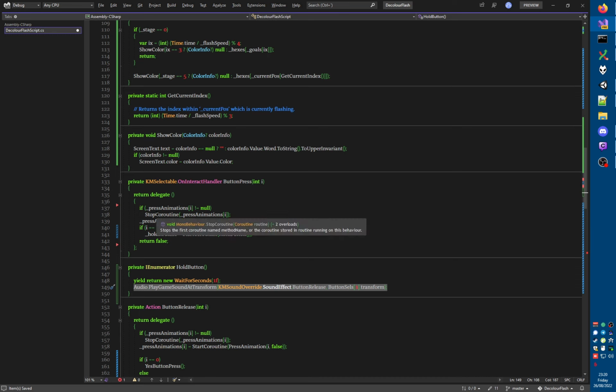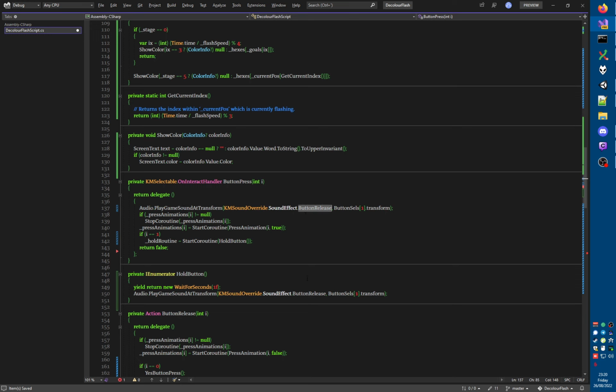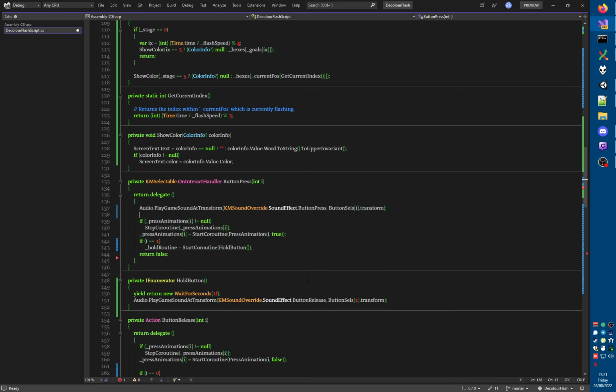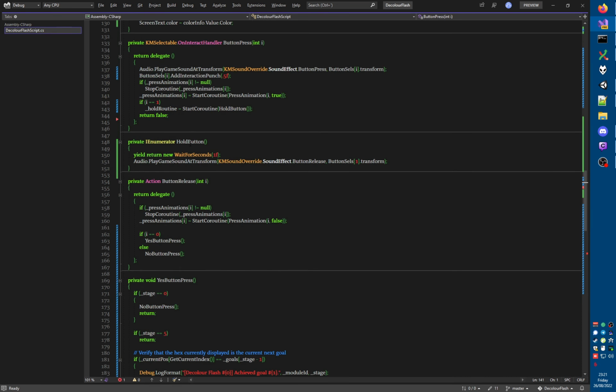And when you press the button, I should probably also play the sound when you press it, and then this should be an I. So add an interaction punch. Exactly, yes, we need that too. So we're gonna go button cells of I add interaction punch 0.5? Yeah. Okay. Right, so held time doesn't exist anymore. So after you've held the button,